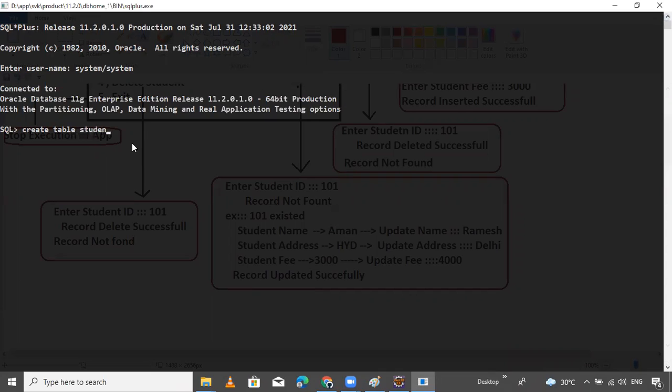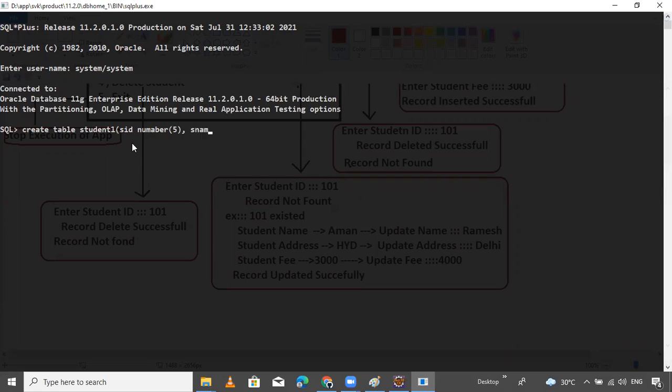What is the table? Student. My student already exists. So student 1. SID, student ID, SID, number type. You can pass only up to 5 numbers.